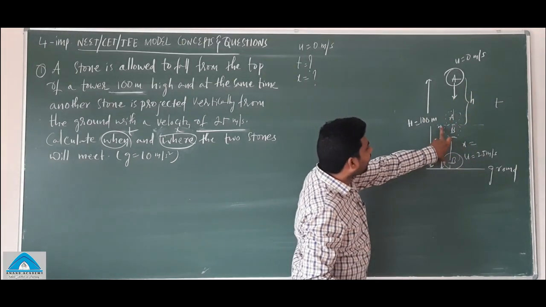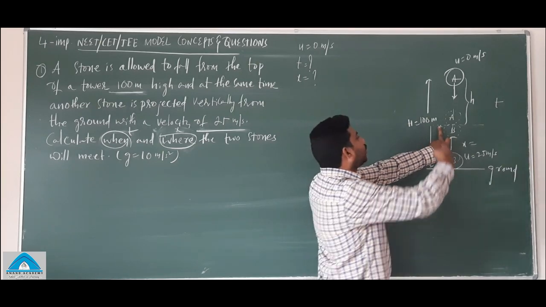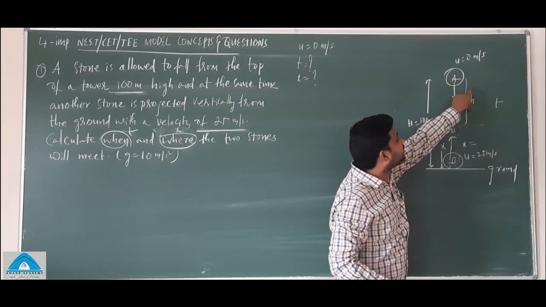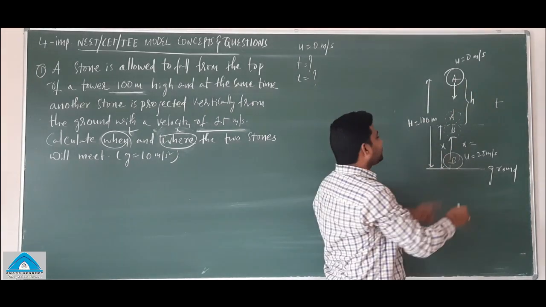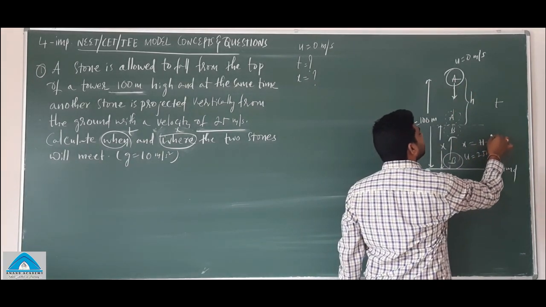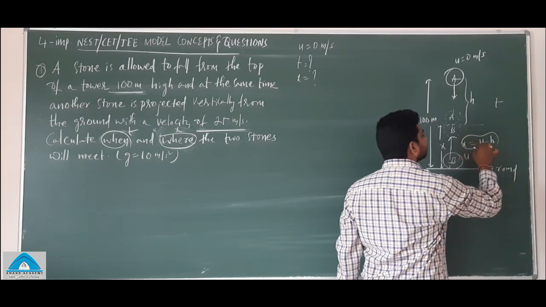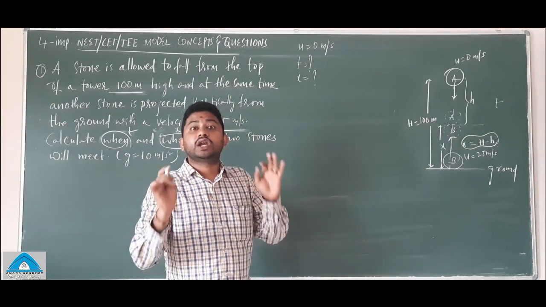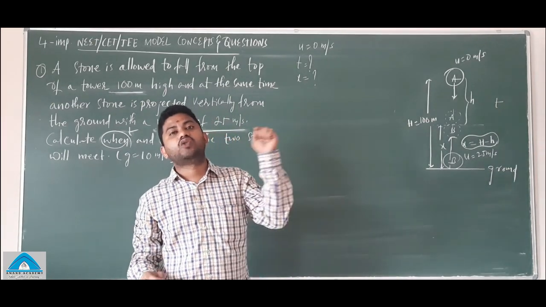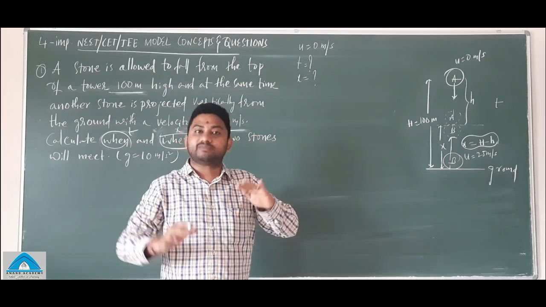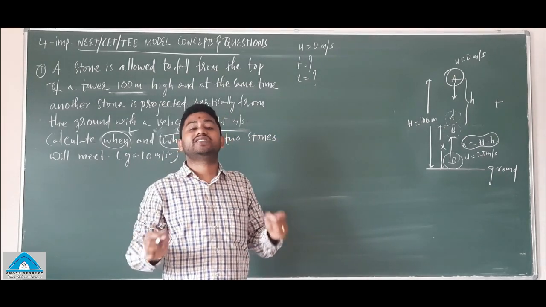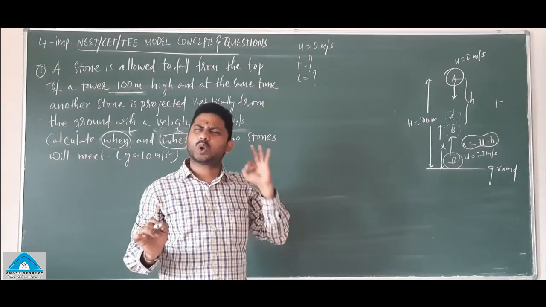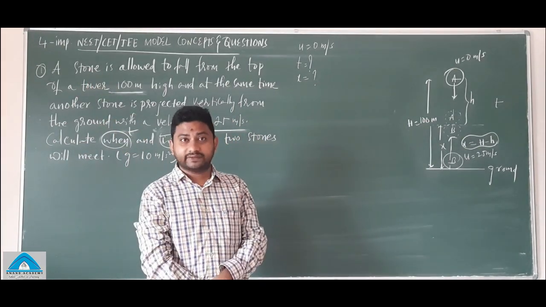The total distance between the two balls initially is capital H, and small h is the distance traveled by the first body. So x I can write as capital H minus small h. We are not doing some unknown things here. We are doing the application of whatever you have learned, the equations of motion. Other than equations of motion, we will not be implementing any other equation here. Only equations of motion and gravity.